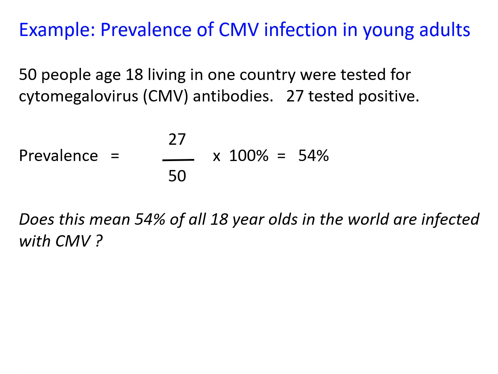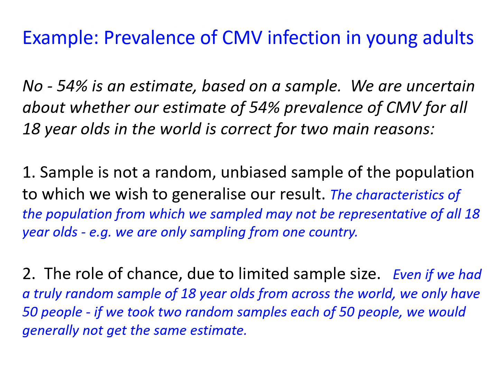So let's think about the interpretation of that. Does this mean that 54% of all 18-year-olds in the world are infected with CMV? Well, no, clearly it doesn't. So 54% is an estimate based on our sample. And we're uncertain about whether our estimate of 54% prevalence of CMV for all 18-year-olds in the world is correct,